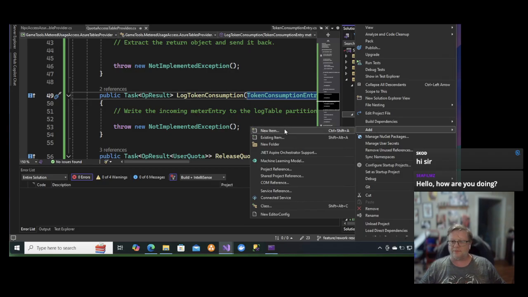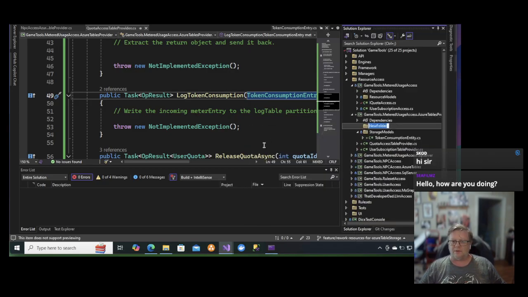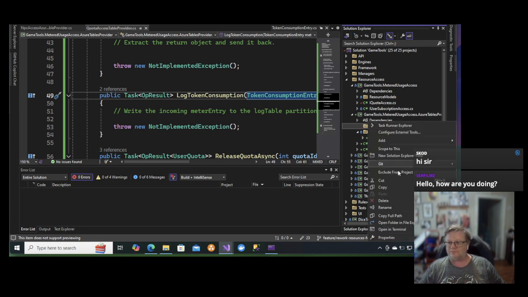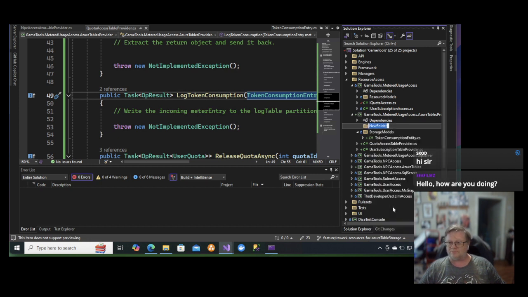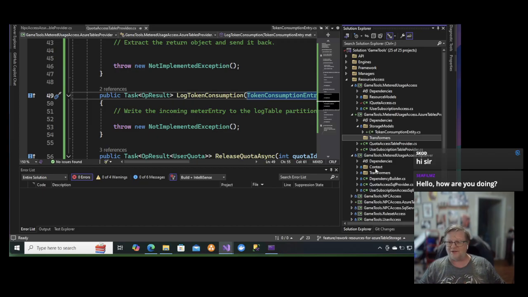Add new folder, and I believe I've called that folder in other places transformers. It's good to keep it consistent. And I think down here under the SQL Server I had, oh yeah, context, because I'm dealing with an EF